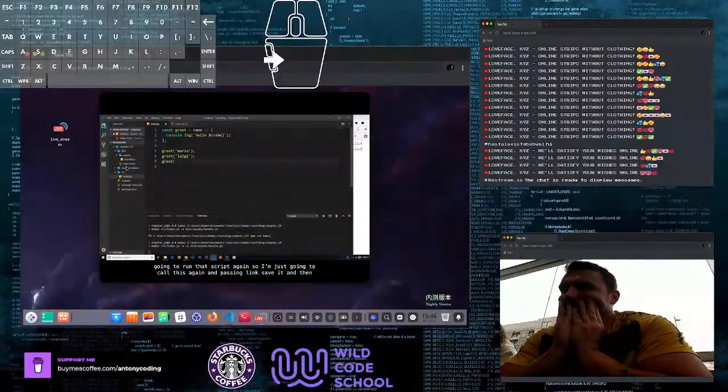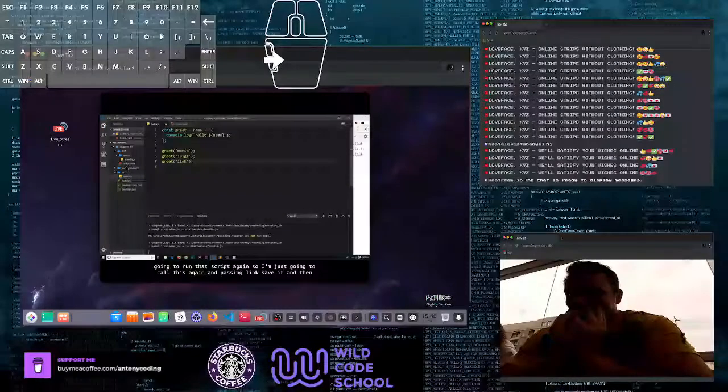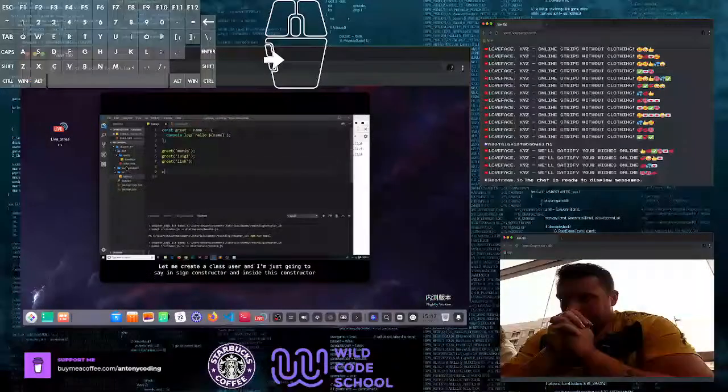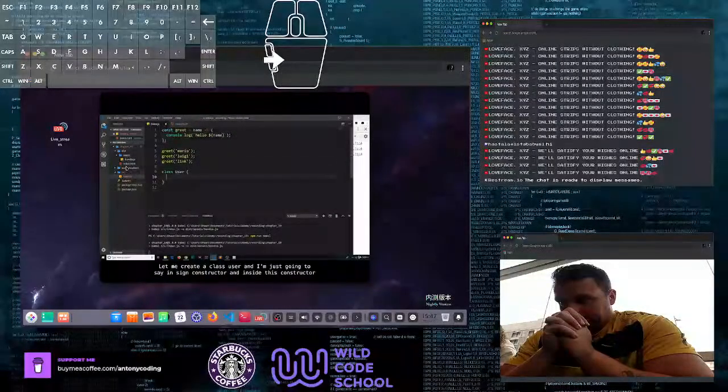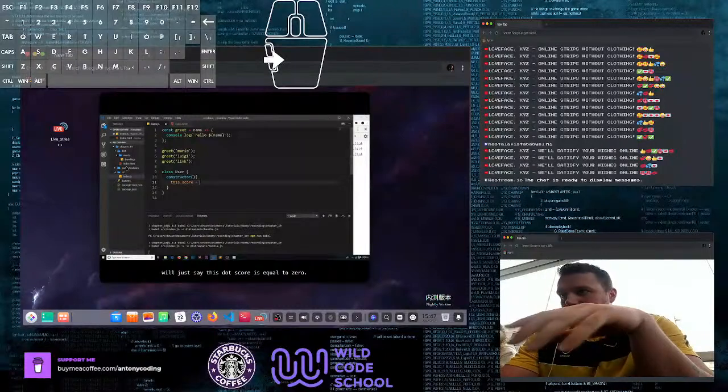So I'm just going to call this again and pass in link, save it, and then check out over here, bundle.js, and we can see link is back. Again, I might just come back over here and let me cross off this. Let me create a class user, and inside this constructor, we'll just say this.score is equal to 0. So a very